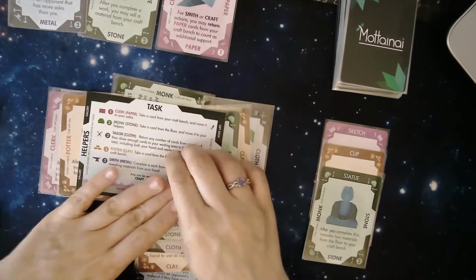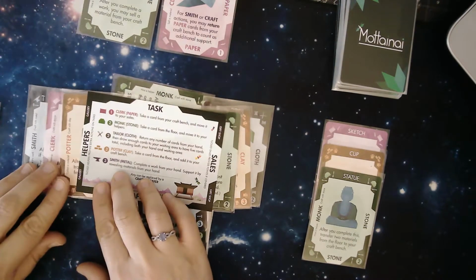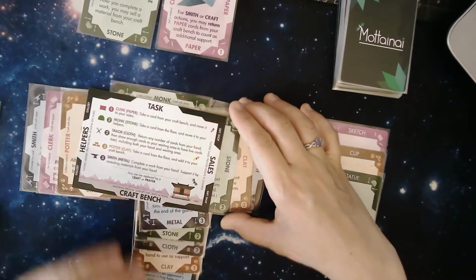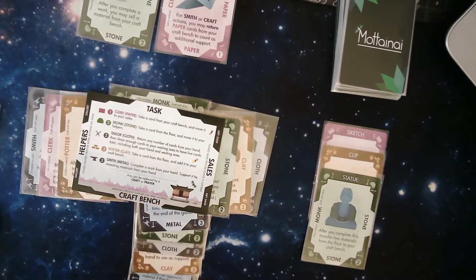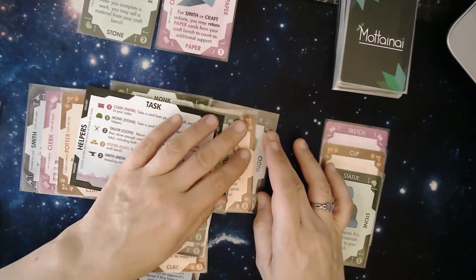So I'm going to put him in there and take the smith, and I want to put the smith as a helper now, so I can have an extra action, which the smith allows me, if you recall, to complete a work from my hand. Support it by revealing materials from your hand. So okay. Now